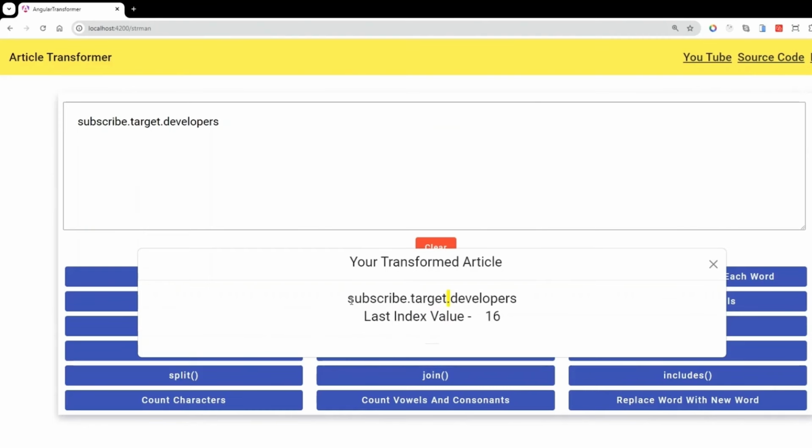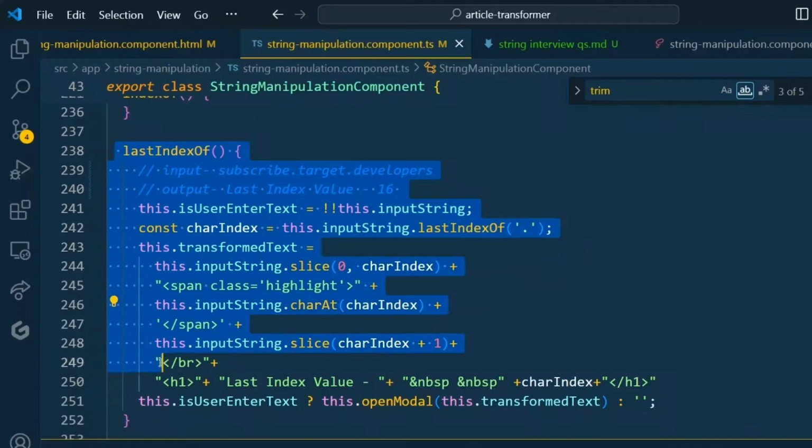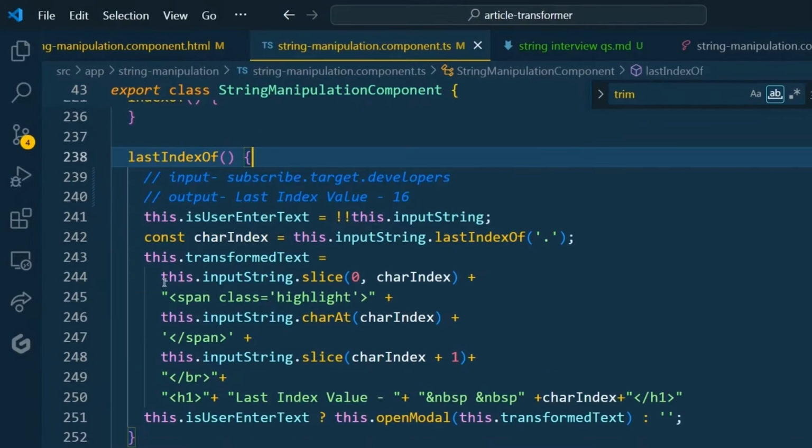It will count from 0, 1, 2, 3 like this and go to the 16th position, and it has been taken as the last index, not the first index. So let's understand what the functionality is. Let's go to this code. So this is our function last index. This functionality is similar to